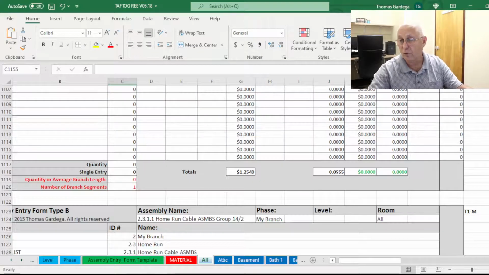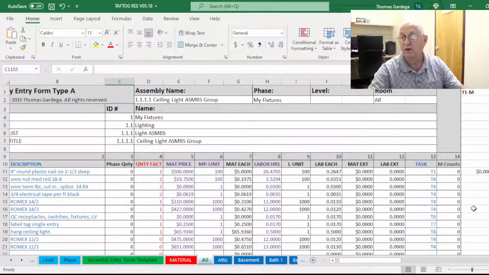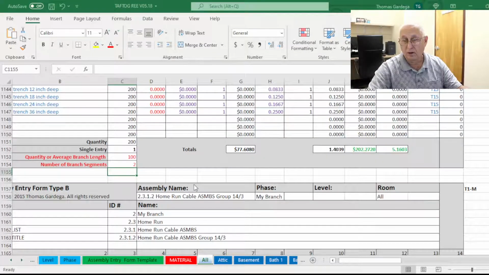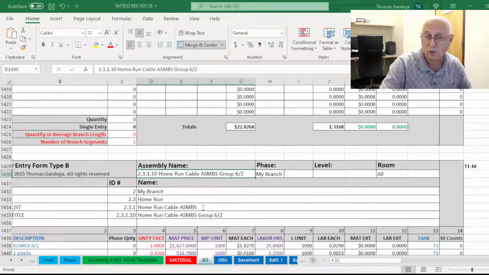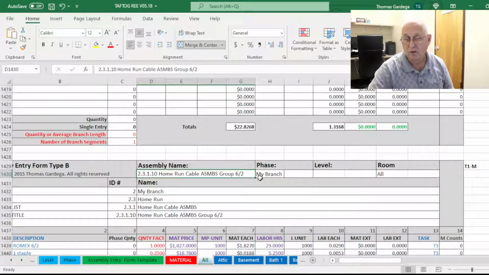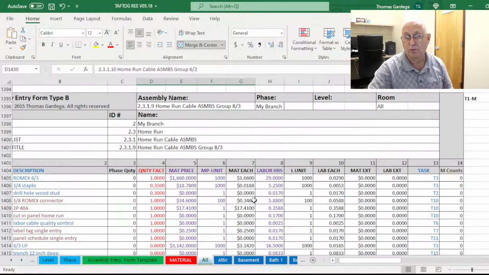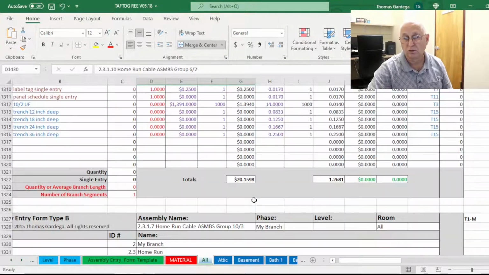And these are all the assemblies that are here. And I want to find a particular thing. For example, I want to find the home runs, I'm going to type it in right here, 2.3.1.1 equals, and it brought me right to,